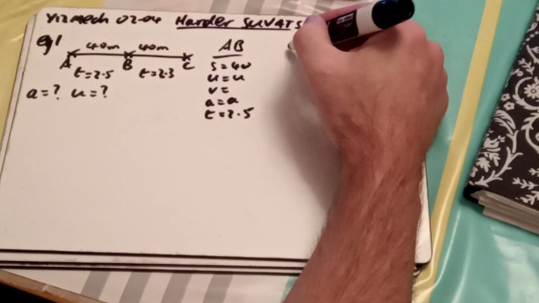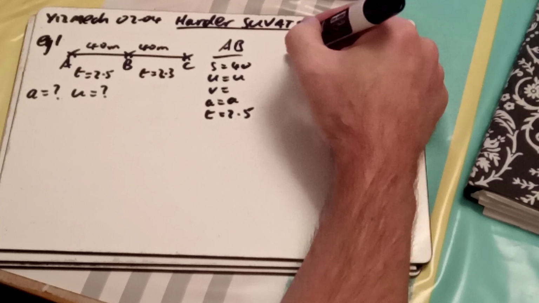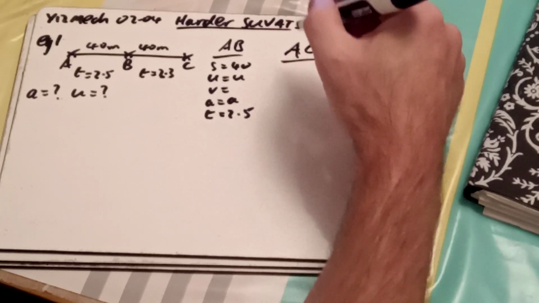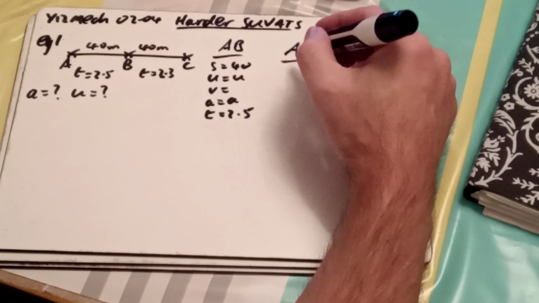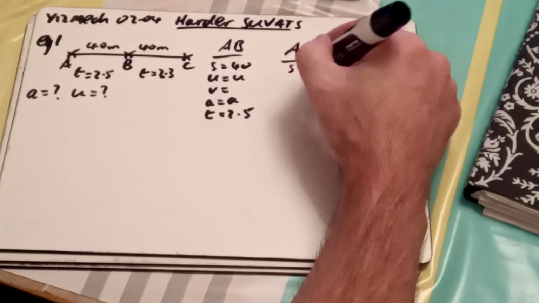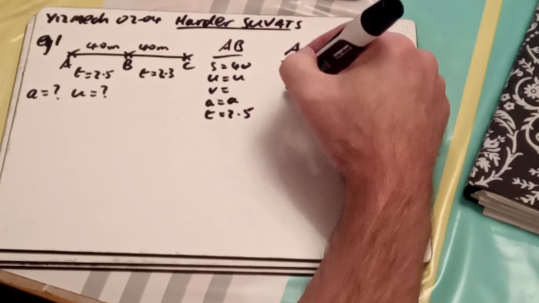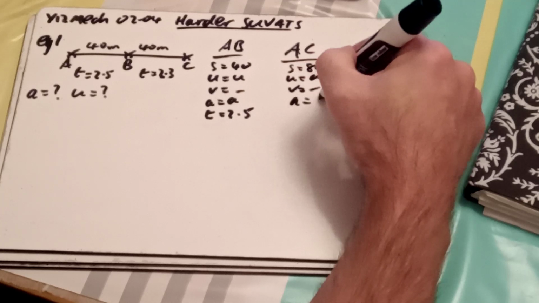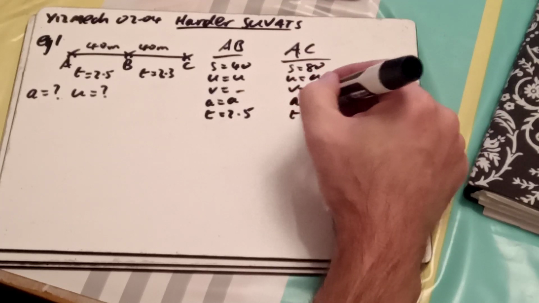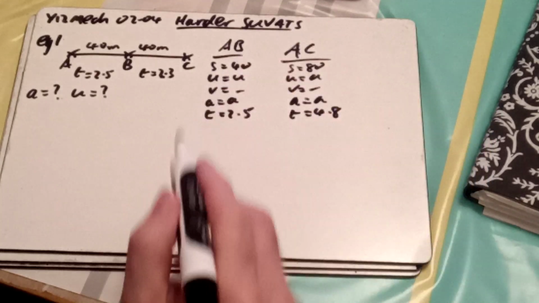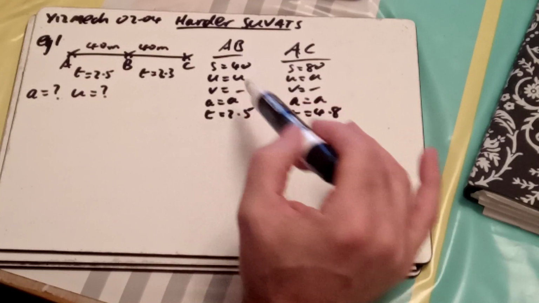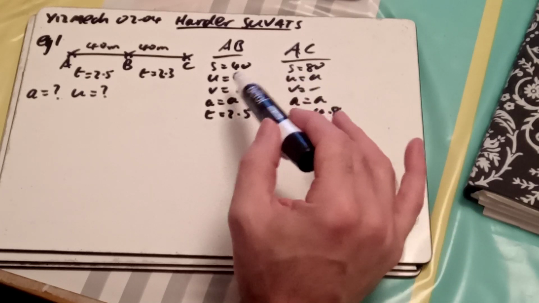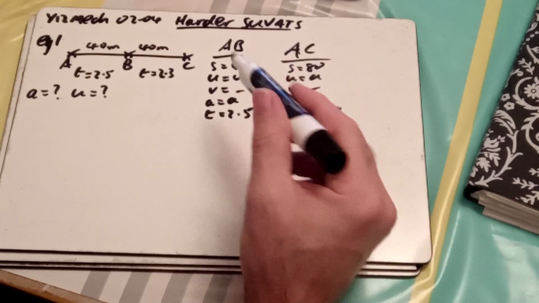What I'm actually going to do though is the whole lot from A to C, because it's going through A, it's still got the same value of U. So I know that in this case here, S equals 80, U equals U, V is its velocity at C, not interested in that or that, A equals A, and T, the total time, is 4.8 seconds. So what I've got now, I can do 2 equations with 2 unknowns, U and A, and I'm going to solve them. So in each case, it's the one without V,